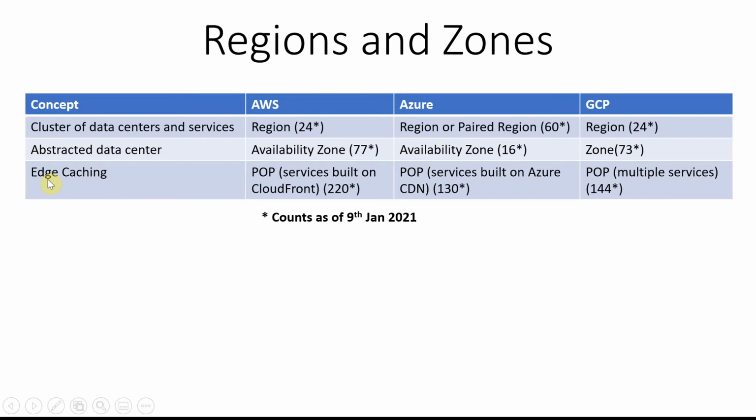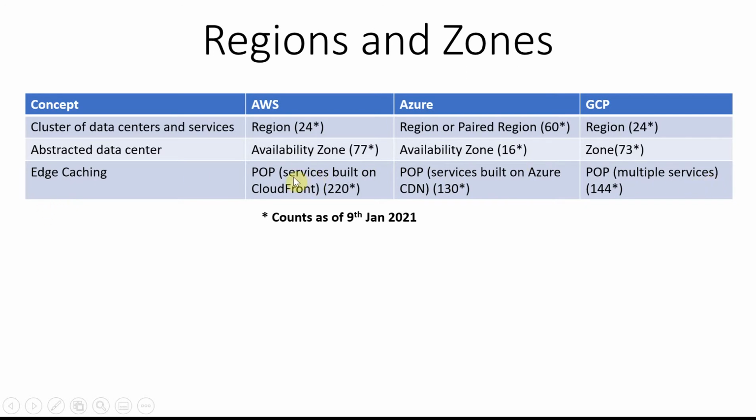Whenever a person is trying to access a particular AWS or Azure resource, if it is not available in the availability zone or nearer to it, the traffic will generally go to the nearest edge cache. The counts will be very big, because it's not a full-fledged data center. It is just a caching mini data center. They are all called POPs, in all three clouds.